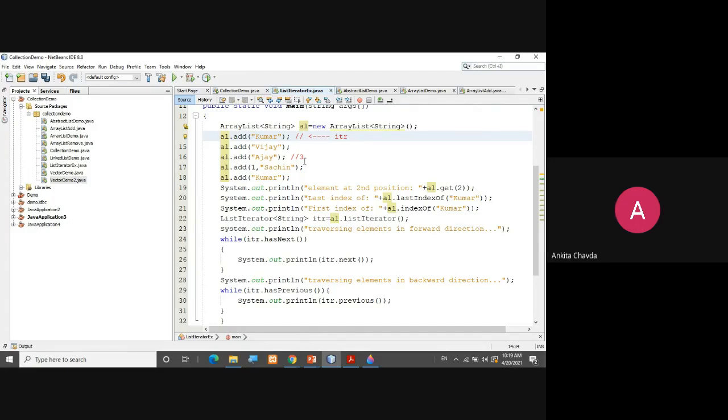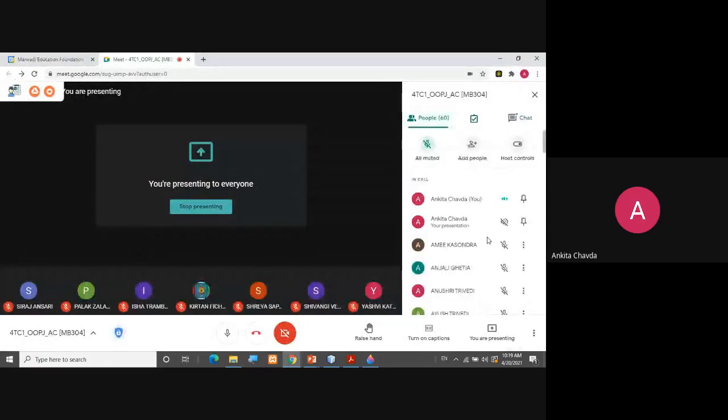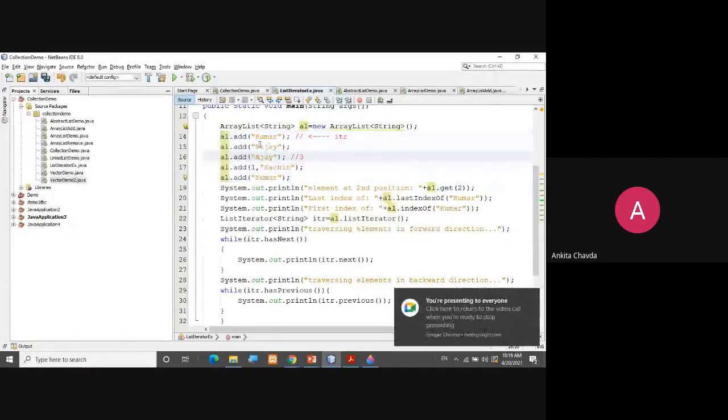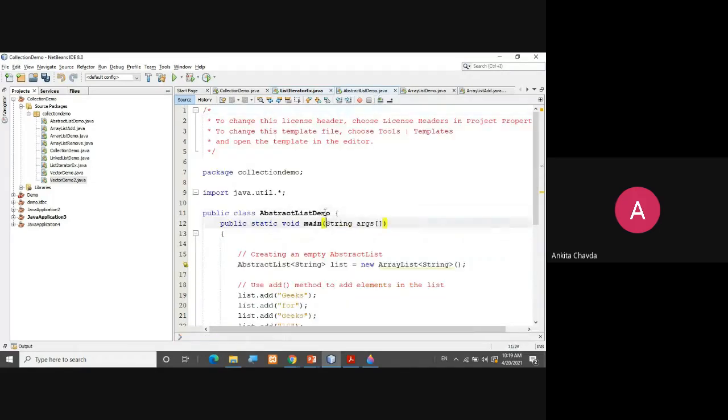That is the only task, because I want to traverse through this ArrayList. Fine. Meanwhile, I'll check my connection. Fine. Okay. So here they have used itr.hasNext. Have you seen this? And itr.hasPrevious. And you are using the next method and the previous method. But this we will do once we see the ArrayList class. Don't worry right now. Okay.